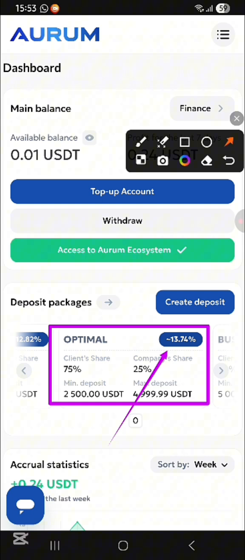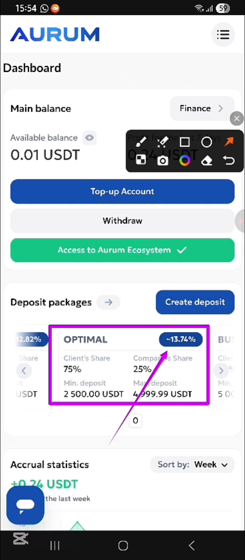Aurum is actually an ecosystem, a fintech ecosystem built on blockchain. Aurum is launching its banking platform, and they have all these solutions. You can use their crypto card, which is Visa, to transfer your USDT into the Visa card. Even if you don't put money into the trading bot, if you need USDT in that Visa card, which you can travel around with and spend at any ATM machine or POS terminal, you can just fund